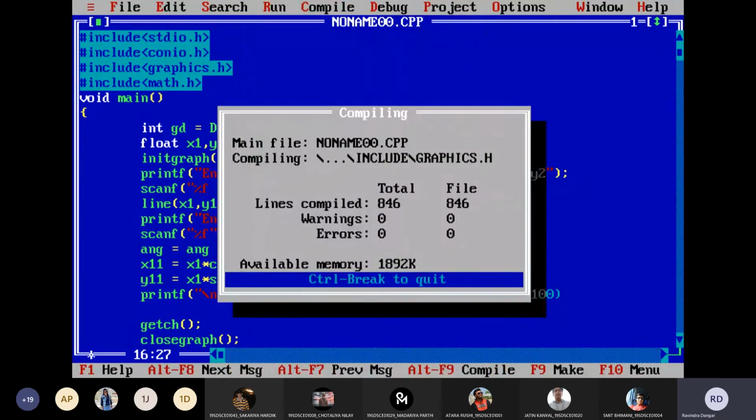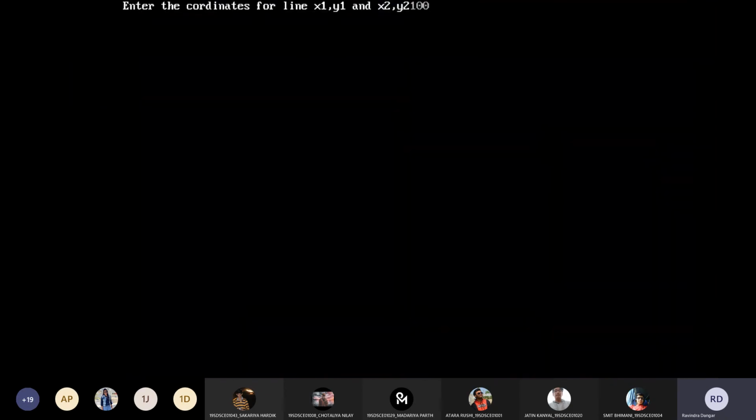Let me see. 100, 200, 200, and angle is 90. You can see now it gives minus 99.92, which is slightly minus 100. A minor fractional error is there, and we can understand it is due to the value of pi, which is 3.14, which is not the accurate value. That's why we may get a minor difference. And for y it was 100, here it shows 100.079. So after all, it is the correct value. Fine.